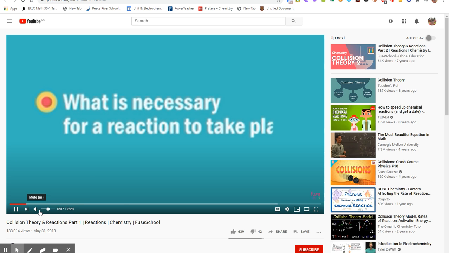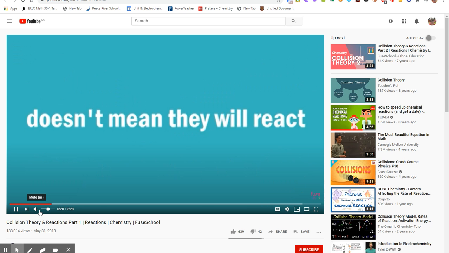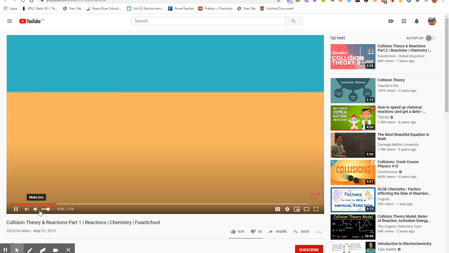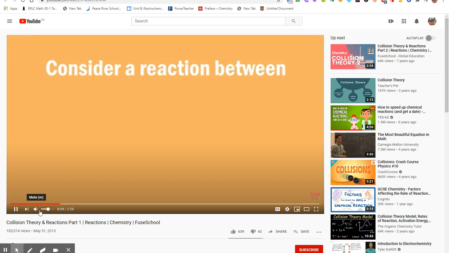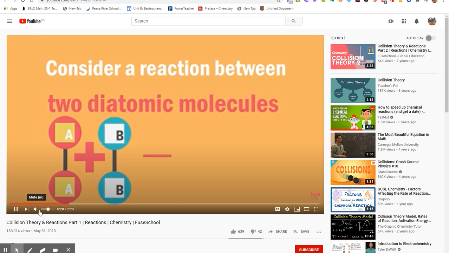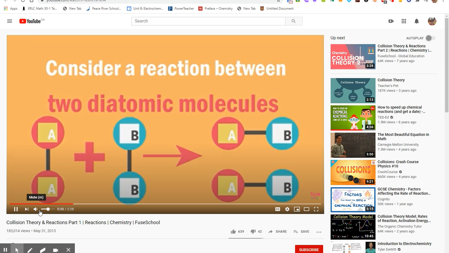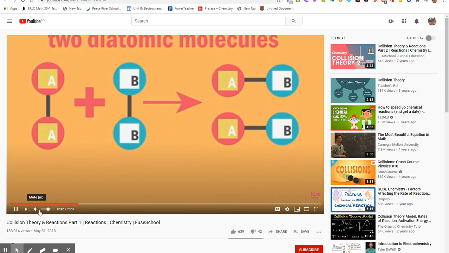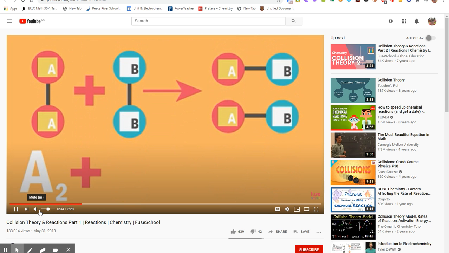In this video, you are going to learn what is necessary for a reaction to take place. For a reaction to take place, the reacting particles must collide. But just because they do collide, it doesn't mean they will react. Now consider a reaction between two diatomic molecules, AA and BB, to give two molecules of AB. This can be represented by the equation